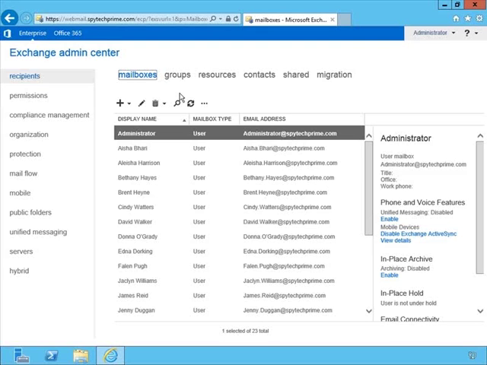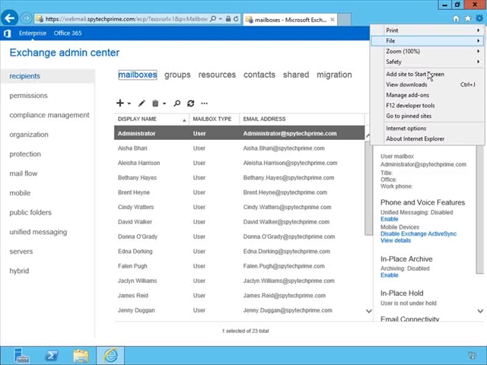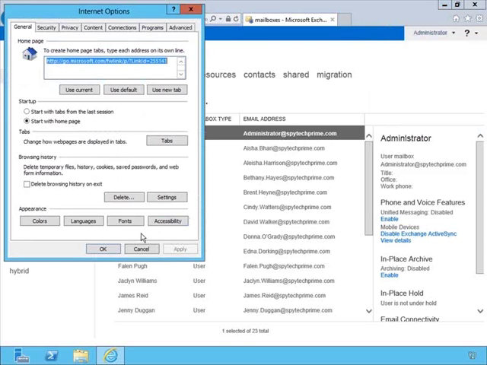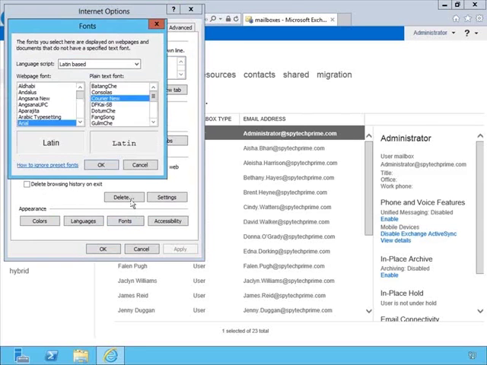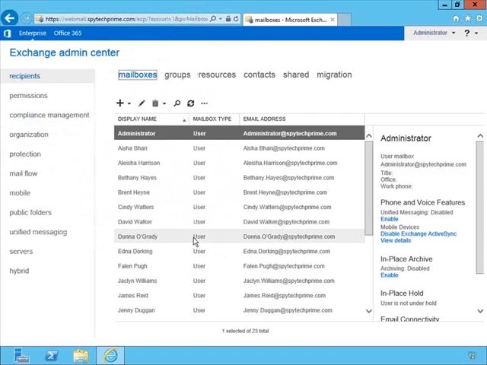One thing you might notice is that there's been a little bit of a change to the look here, and it's just a little thing, but I wanted to change the font so that I would be able to appreciate the look of this a little better. So you might wonder, well, how do I do that? If you just go up to the little settings pinwheel here, and you go to Internet Options, right here under the Fonts button, under Appearance for the General tab, that's where you can change it. I changed it to Arial because I thought it would be a little bit better. I can't remember if it was Times New Roman or what awkward font they were using there, but this looks a little bit more pleasing to my eyes at least, and so I can work with this a little